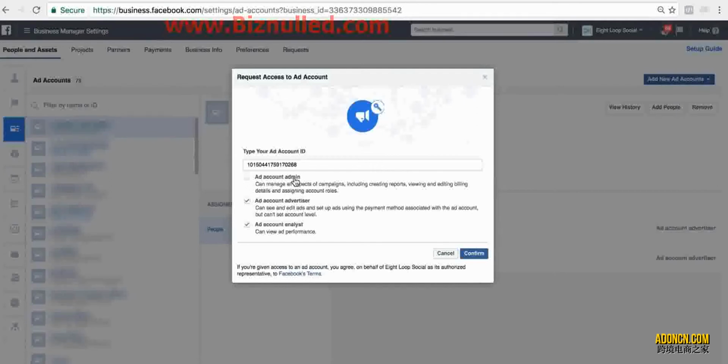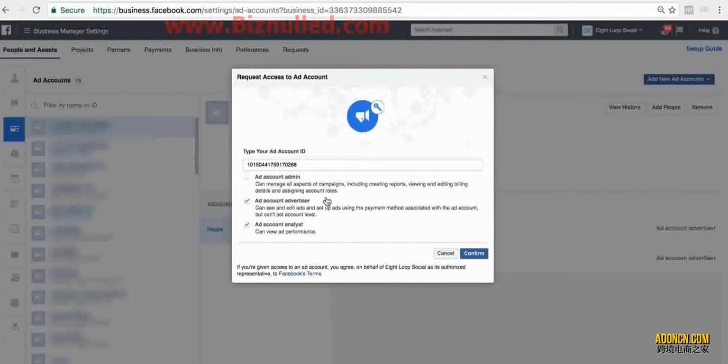On very, very rare occasions, you will access it as an admin. Pretty much the only occasion you need to do that is if you ever need to add payment information. So if your client has no idea how to add a credit card to their ad account, sometimes, occasionally, we've worked with clients where they're super uncomfortable with Facebook. They have no idea what they're doing. And we actually have to go into the ad account and add their payment details. Then we actually need to be an admin. You need to be an admin to edit payment details. So most of the time you're going to be requesting access as an advertiser and very rarely as an ad